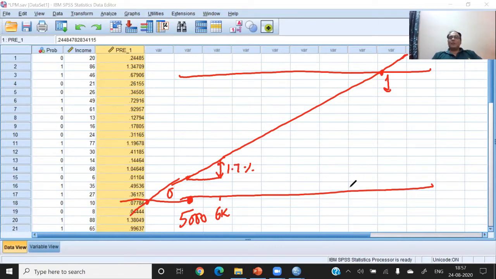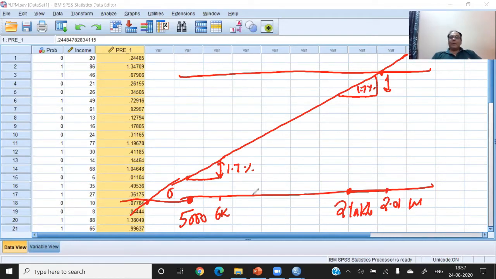Now, somebody who is having the salary of 2 lakhs, and his boss says that now your salary is 2 lakhs 1,000. So this salary also increases to 2.01 lakhs. And if we plot it, the probability that he will take housing loan also increases by 1.7%. Now think with your common sense.